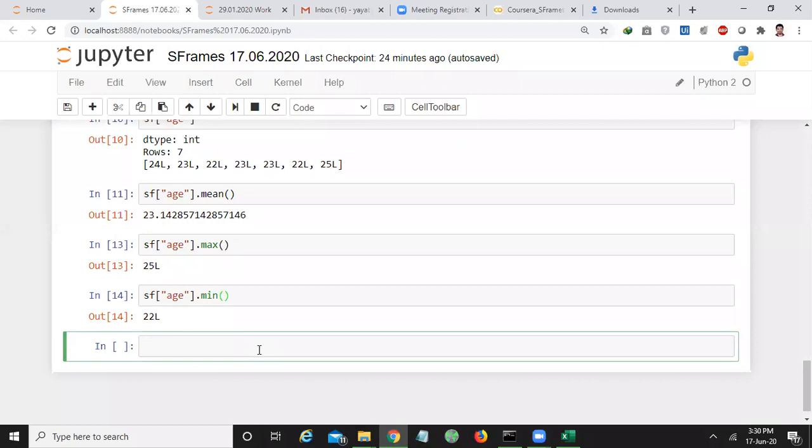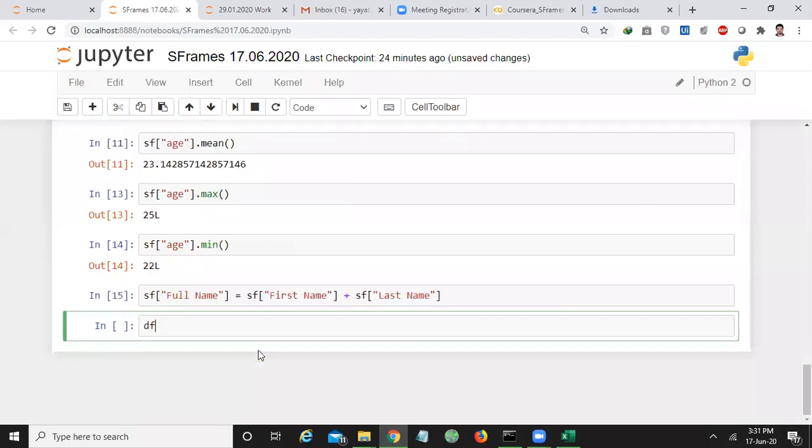For example, now I want to create a new column. I want to add a new column to my data set or to my SFrame. I want to name that new column as full name, which can be obtained by concatenating the first name column and last name column.